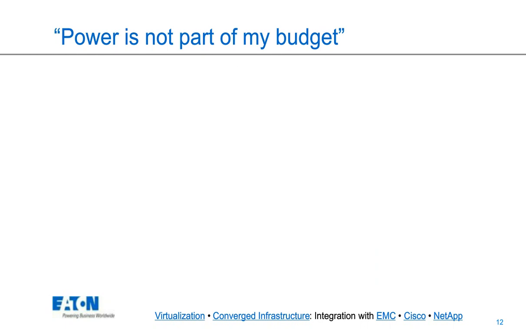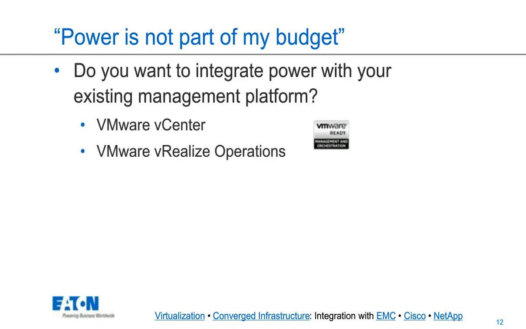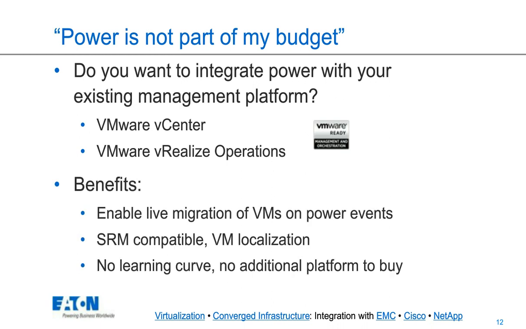The next is budget. If you're on this call and you're not a power person, you may say, well, power is not part of my budget, facilities worry about that. But that's what we're trying to do today, to show you that there is value in power, and the work that Jim and Chandra have done brings it upstream and more intelligent as part of the equation. So even though you may not be involved in the selection of the UPS or the power infrastructure, it actually does become more important as it relates to your overall management scheme across your data center, whether that's the data center using the cloud or distributed environment, what have you. Power is becoming more critical, and with our integrations into the VMware platforms, it makes it so much easier and more intelligent to manage.